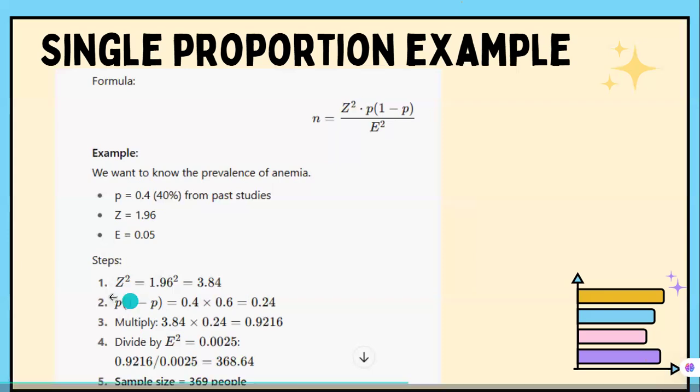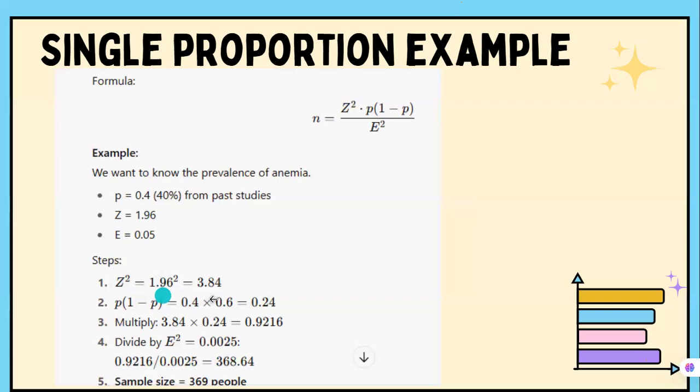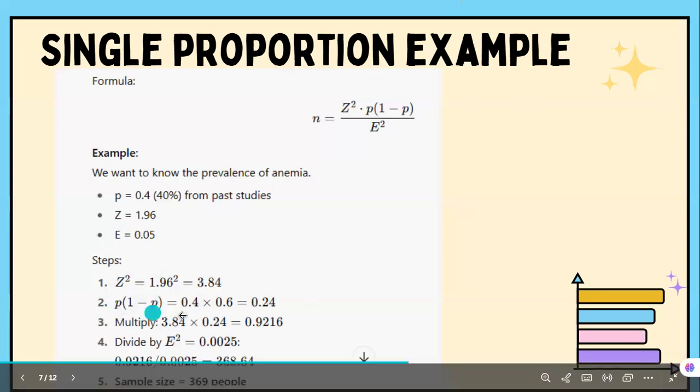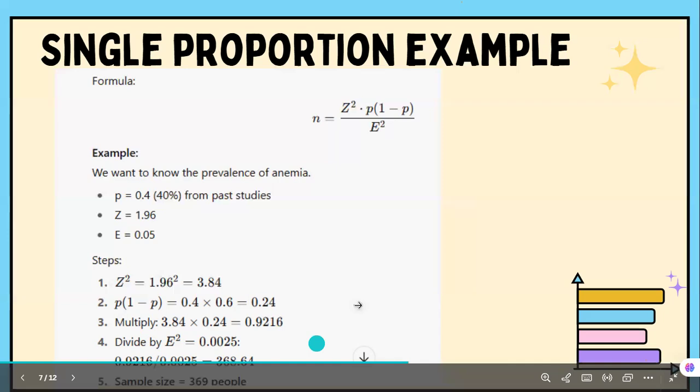Now the steps included. First of all, we take Z squared: 1.96, its square is 3.84. Then P into (1 - P): we first solve 1 - P, which gives 0.6, then multiply with P, which gives 0.24. Then we will multiply Z squared with the variability which we got, that is 0.24, and the answer will be divided by